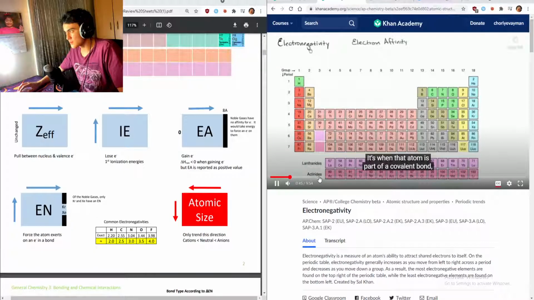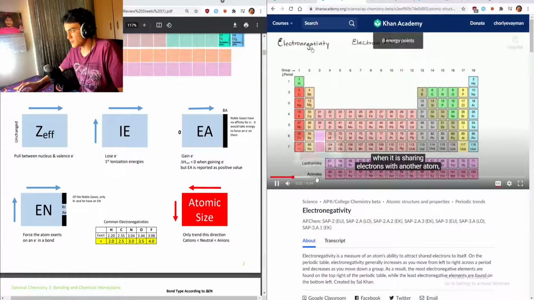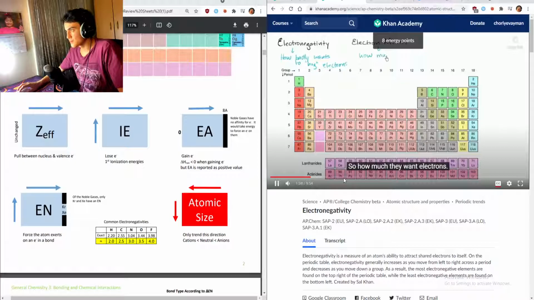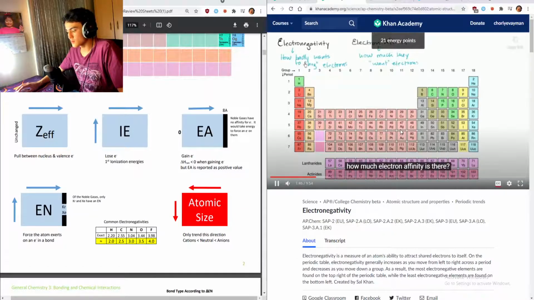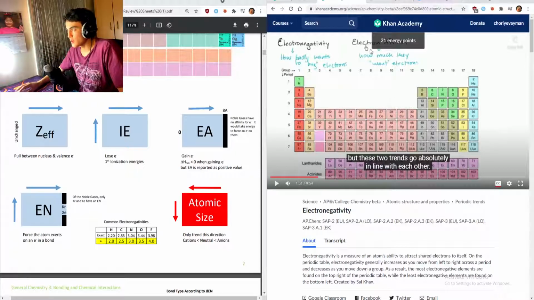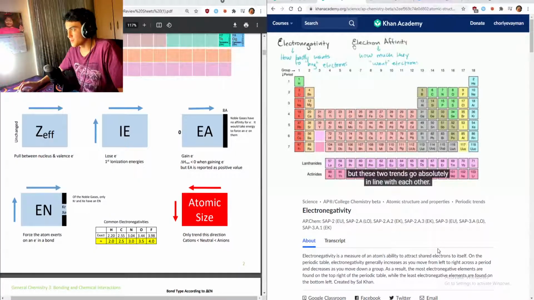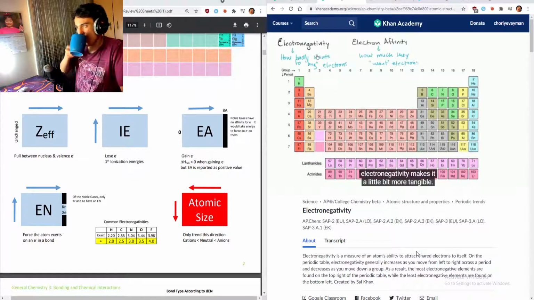It's when that atom is part of a covalent bond, when it is sharing electrons with another atom. So how much they want electrons. And you can see that these are very related notions. This is within the context of a covalent bond, how much electron affinity is there. Well, you could think of it as a slightly broader notion, but these two trends go absolutely in line with each other. That's slightly confusing to me, why are they different? Because they do, yeah. And to think about electronegativity, to make it a little bit more tangible,